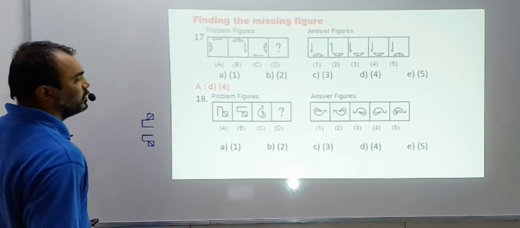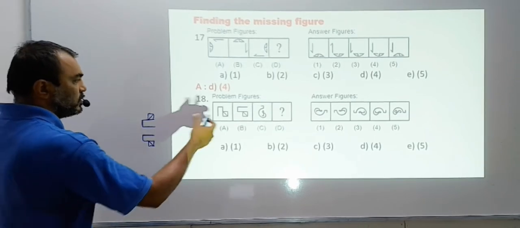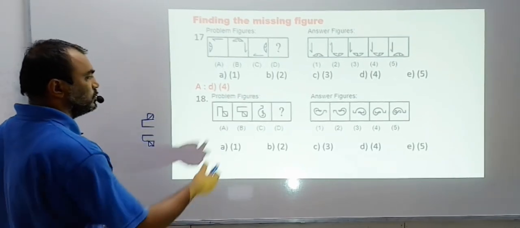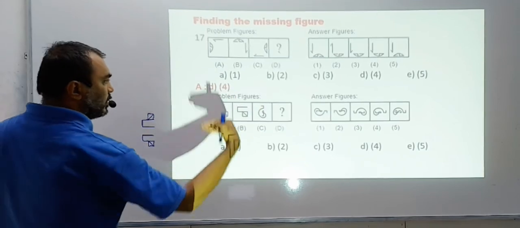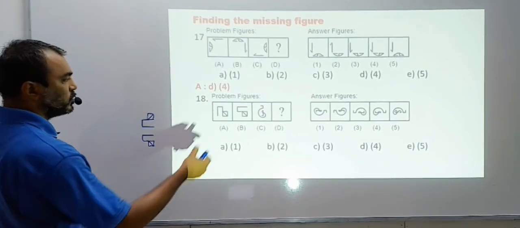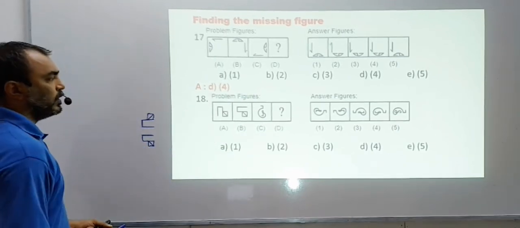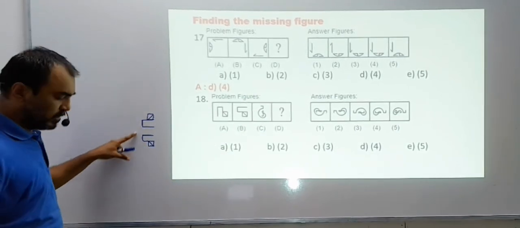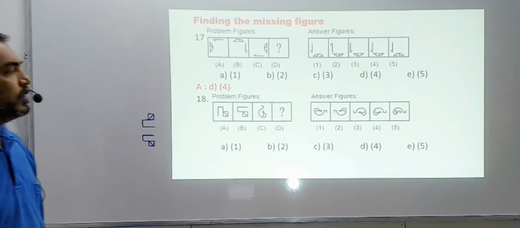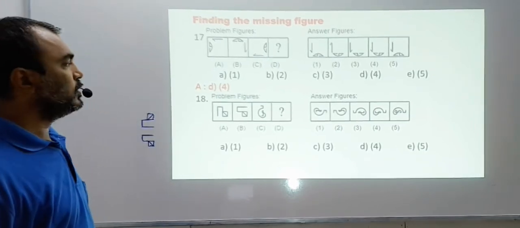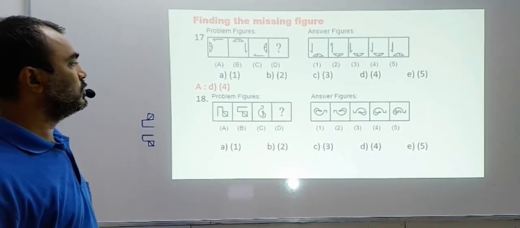So we do the same thing here. First turn this figure 90 degree. So it should come like this and then make it the opposite. So 90 degree will bring this curve down. Then the curve should go on the top and which side. So try to see this logic and work it out there. Yes? Have you got your answer?